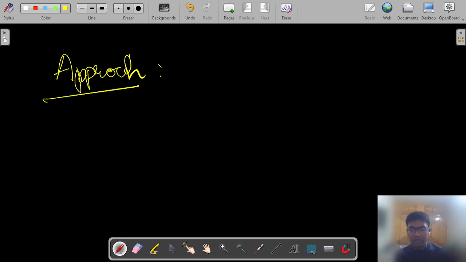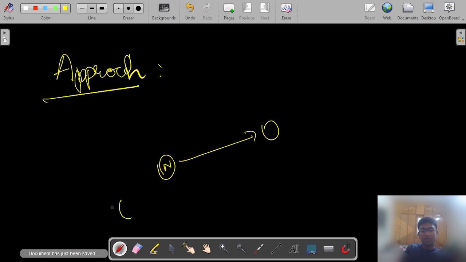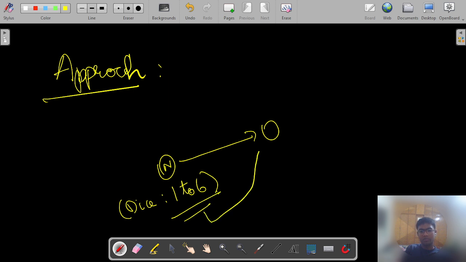So it is clear that this problem looks similar to a graph problem, where from a node we might want to find the shortest distance to a specific node, and the values that we want to evaluate are with respect to a dice roll, which is from 1 to 6. We might want to see within this what is the shortest path by which we can reach the new node. So we need to find the shortest path, and BFS is the best way to approach this problem, where we go